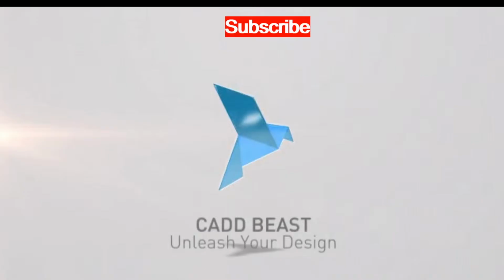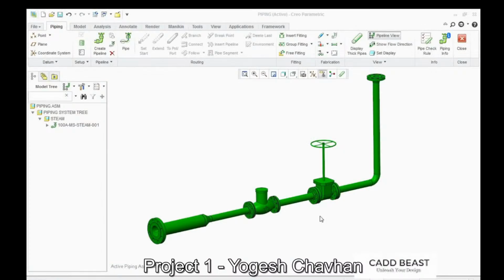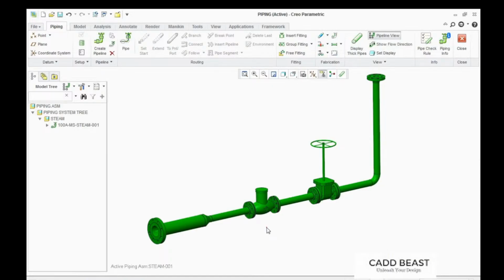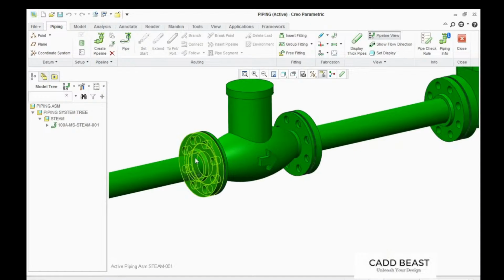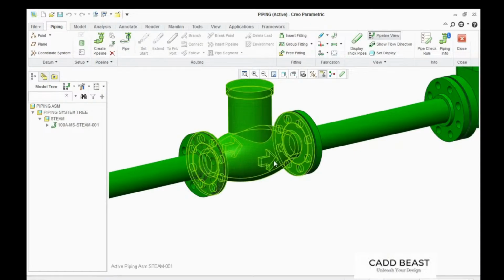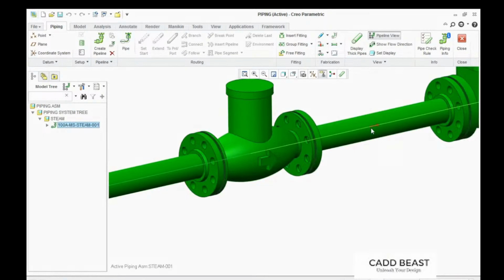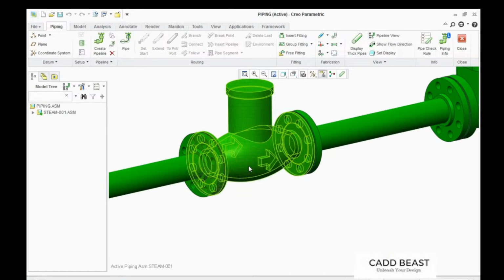This technical tip is to discuss flow-dependent fittings and pipeline parameters in piping design. If we zoom into this pipeline here, you see that I've got a check valve, and the check valve indicates the direction of the flow. If I reverse the flow direction, the check valve does not currently reverse. To fix this, what we can do is select the fitting,